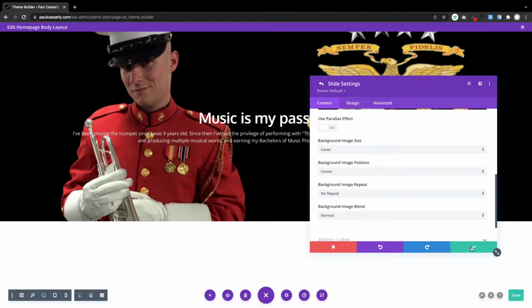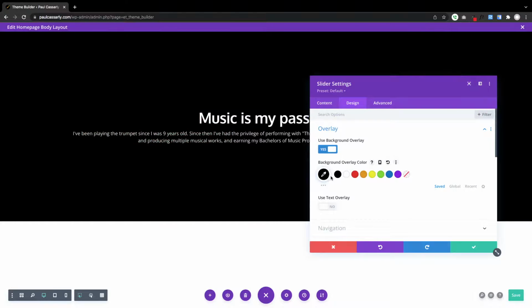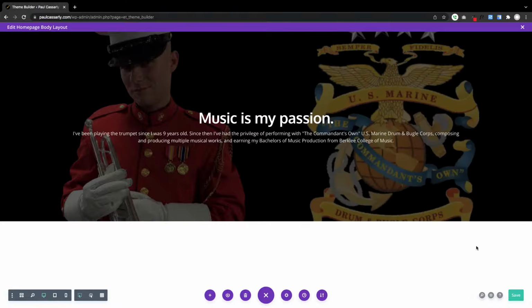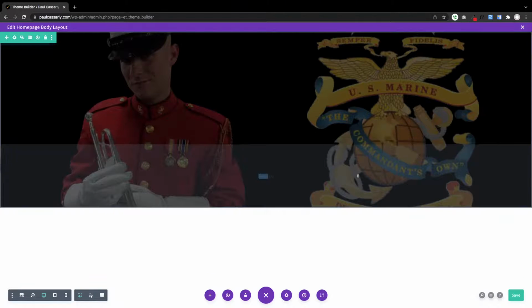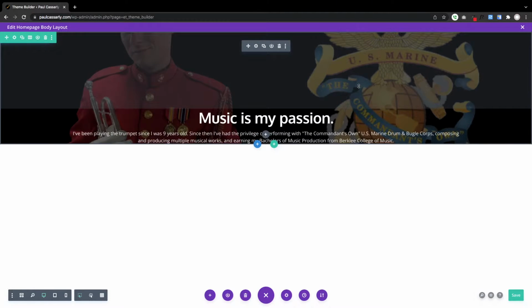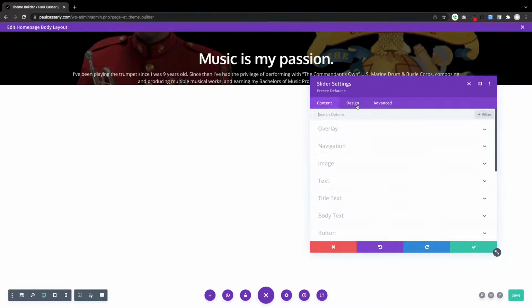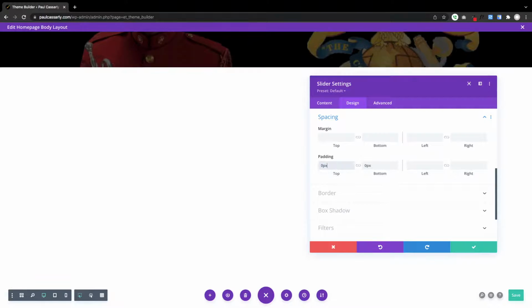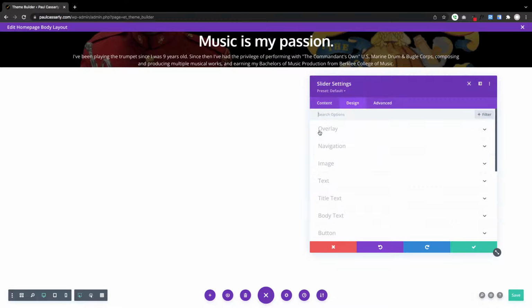So we're gonna go to this overlay, use background overlay, black. So what happens if I want this to be like a full page slider? You see what happens if I get rid of that and that. The design, the spacing is 0, so it makes everything like super thin. What we're gonna do is take this design,